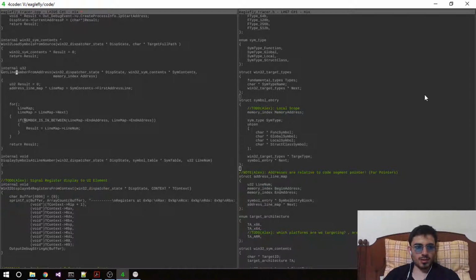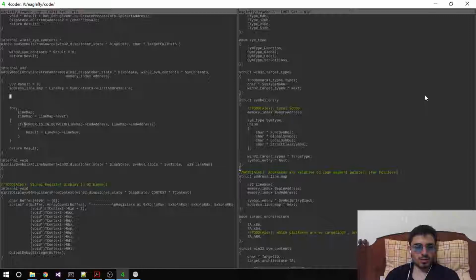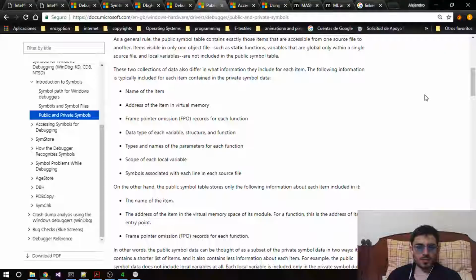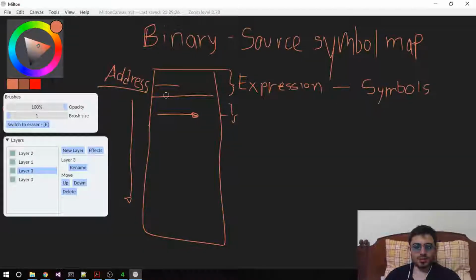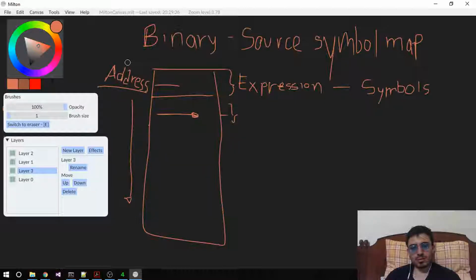So probably this can be get symbol entry block. We're going to go right there, and we can say we have an address space. We can go, and since these addresses are going to be like some kind of memory itself, yeah, we can do some kind of